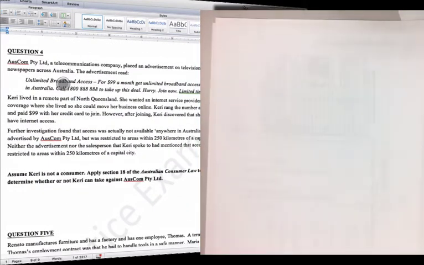Question 4. Ozcom Proprietary Limited, a telecommunications company, placed an ad on television and in newspapers across Australia. The ad read, all that stuff. Kerry lived in a remote part of North Queensland. Remote. She wanted an internet service provider that had coverage so she could move her business online. She rang the number and paid $99 to join. However, she discovered she did not have internet access. Further investigation found that access was actually not available anywhere in Australia as advertised, but was restricted to areas within